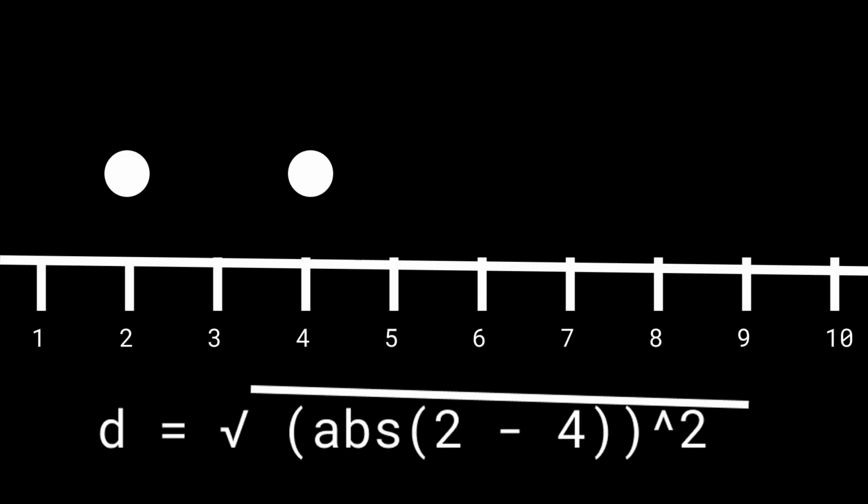So we're going to look at this from a practical point of view, where we have 1 dimension. So that would be 2, as you've seen in that picture. So we are taking the square root of 4 minus 2, or 2 minus 4, but it has to be absolute, so no negative numbers. So for 2 minus 4, we are taking the absolute value, so that's our safety check.